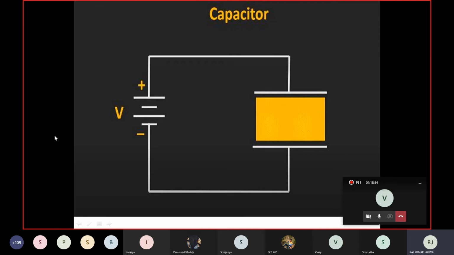In this diagram you can see this capacitor I have connected with the voltage source. Okay guys, why? Because as a battery needs to get charged, it needs an external supply. Likewise the capacitor also has to get charged. Now I have connected it with the power, meaning voltage supply. Now next step, how will it work?